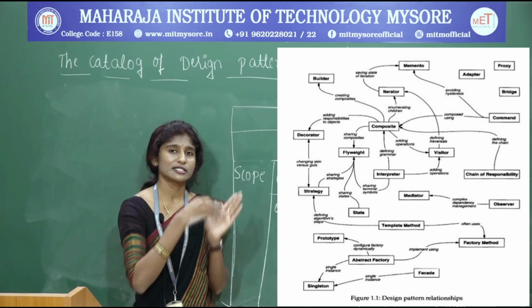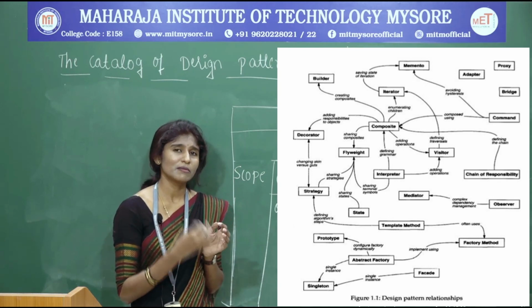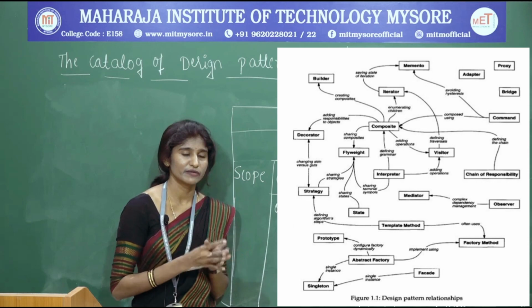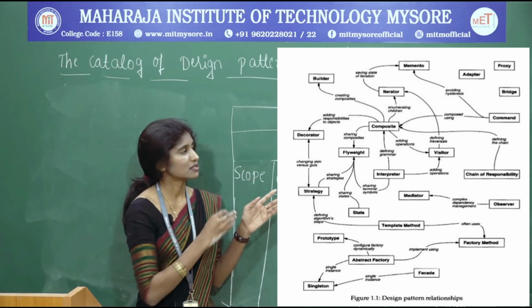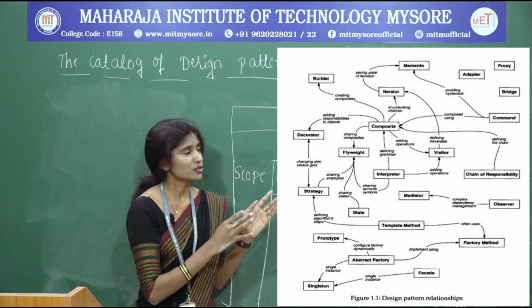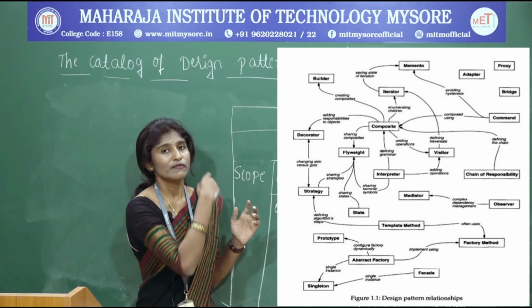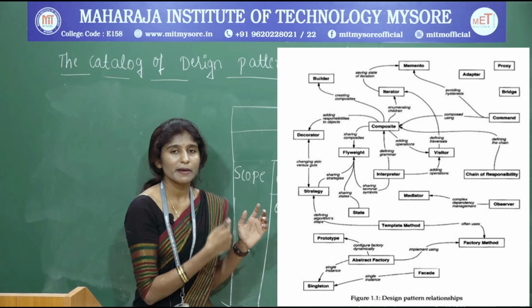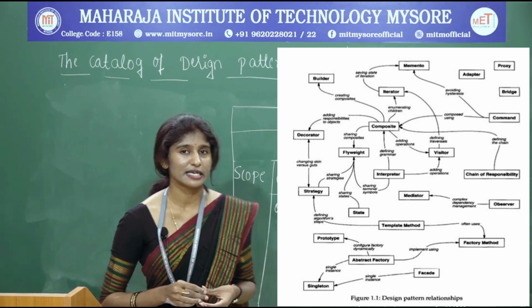I told you all these design patterns are solutions for problems, right? So there will be some or the other kind of relationship between them. That is what is represented in this diagram. You can go through this relationship, how they are interlinked with each other. There is not much explanation for that particular diagram. You can analyze there itself how each and every design pattern is interlinked to each other. Okay, fine. We will continue in the next class.